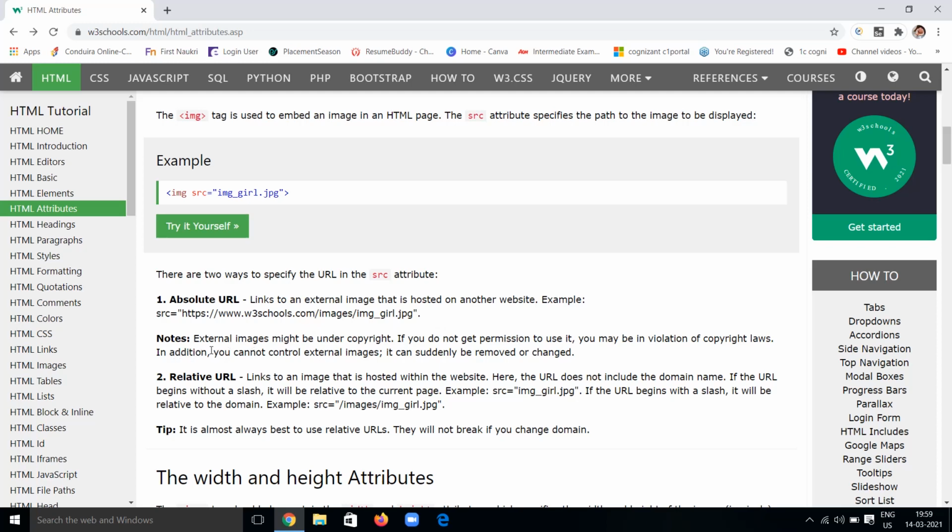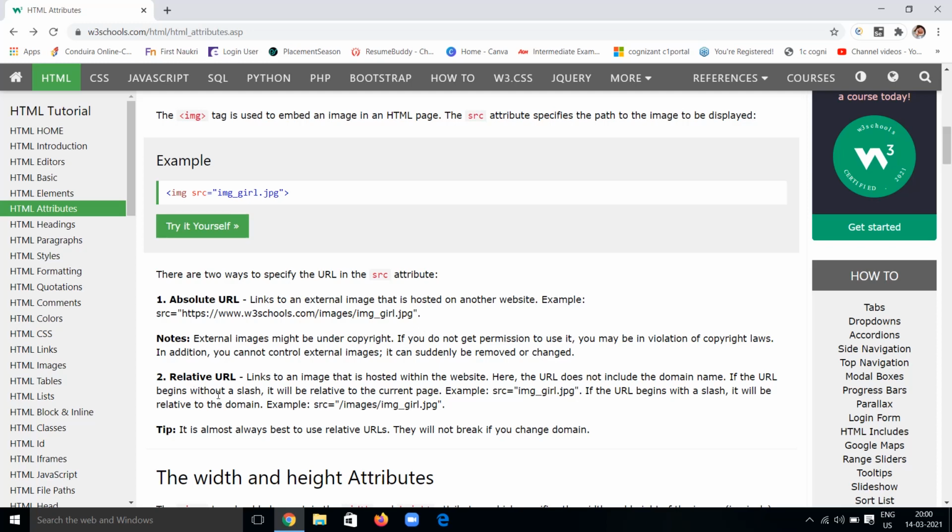So that may happen. In addition, we can't control those external images, so they can be suddenly removed or changed. In those cases it is not always permissible to use these absolute URLs. So most people don't prefer absolute URLs.